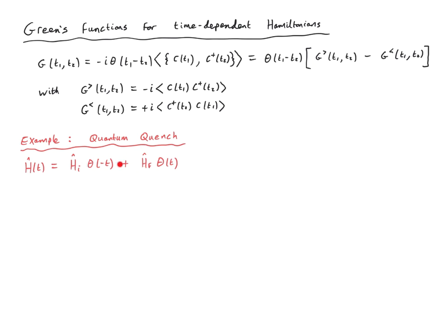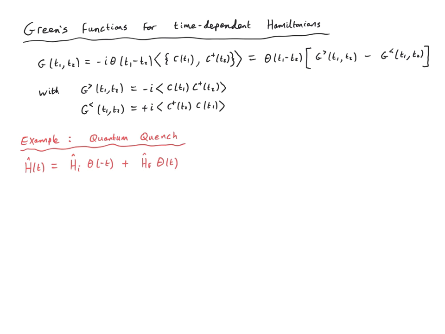And then we see these theta functions of minus t and theta of t here. So basically this says the Hamiltonian h of t is equal to hi when time is less than 0, and then it instantaneously changes to hf for t greater than 0. So at t equals 0, we just change from the initial Hamiltonian to the final Hamiltonian, and that's referred to